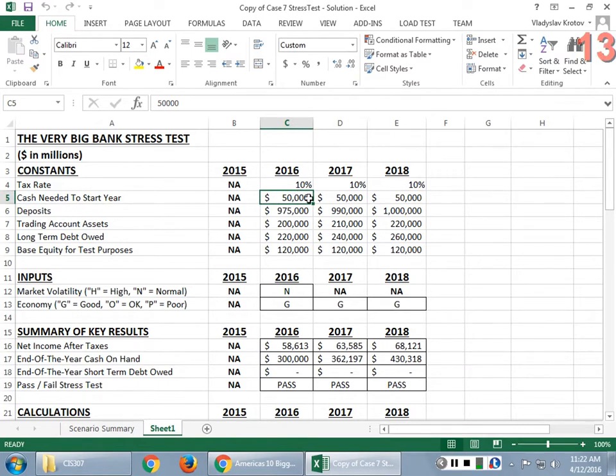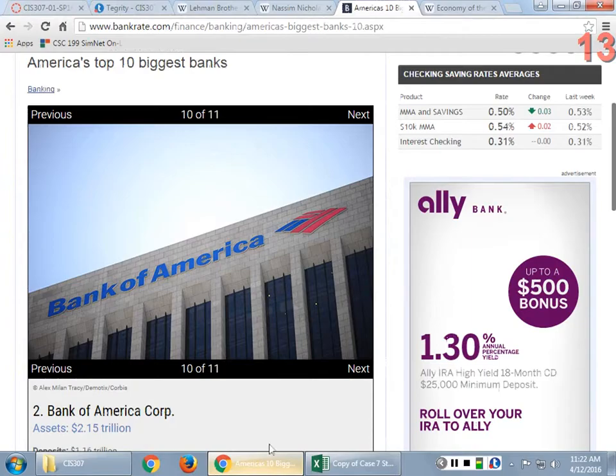Okay, so that's how much cash this bank needs at the beginning of the year. Again, it looks like a huge amount, but if you look at Bank of America, which has trillions under management, this bank is probably much smaller. So that's the background. Now let me talk about some specific financial concepts